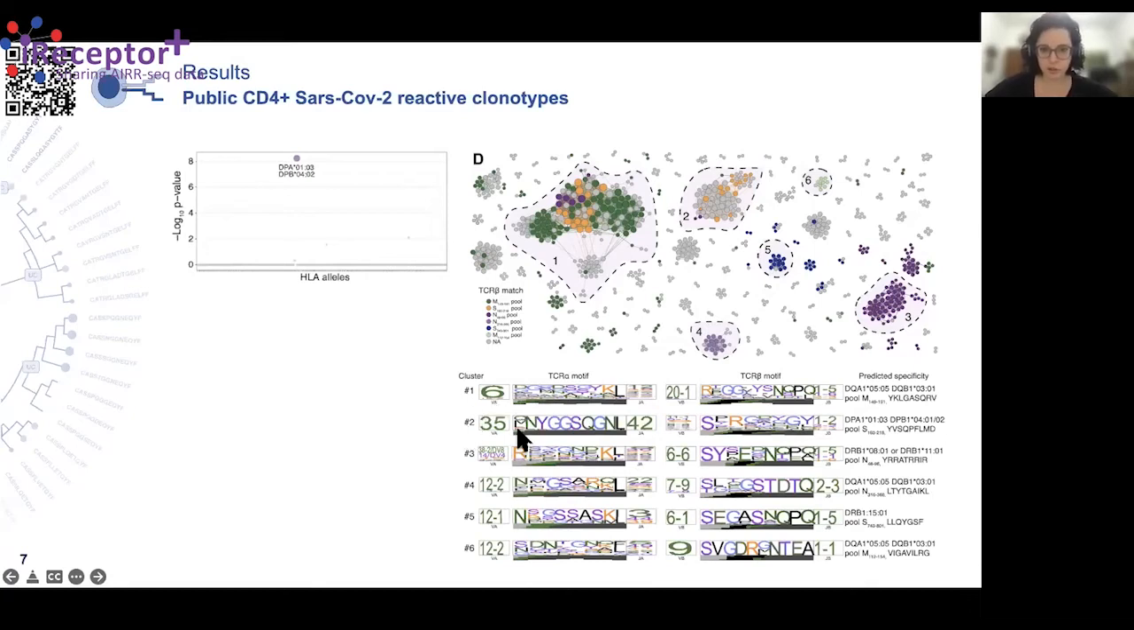So cluster 2 is strongly driven by the alpha chain similarity, for example. And other clusters are driven only by the beta chain, like cluster 3. It's very diverse in the alpha, but very similar in the beta, while the other clusters are more driven by both chains. This is something that personally I found quite